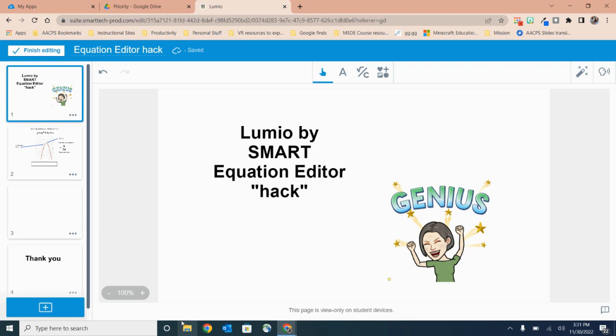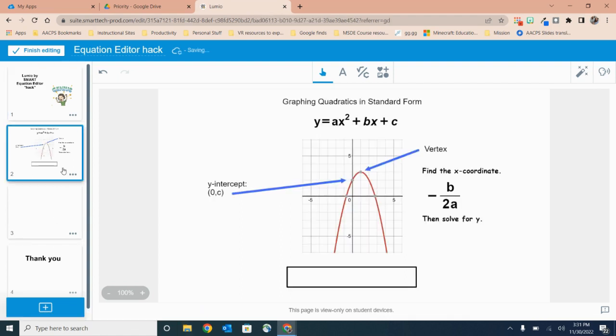This month, we're talking about a hack or a cool trick that you can use when you're working with Lumio by Smart's new equation editor. So, first off, those of you who regularly use Lumio are probably aware of the fact that there is now an equation editor built into the platform for teachers to use when building their lessons for students. And it's going to allow you to make some of those more complex mathematical formulas or even use chemistry type